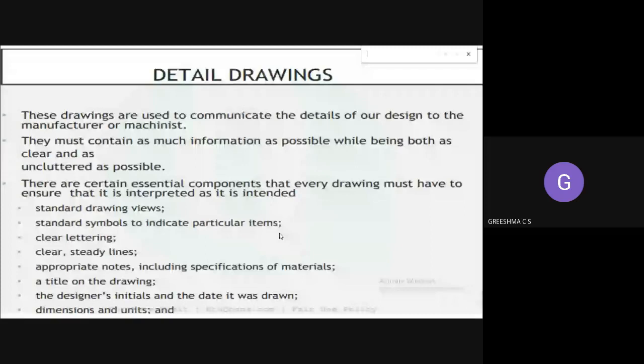It should be clear and legible. You should not write in running letters which are not understandable. It should be clear block letters, with clear and steady lines. You should try to write in clear and steady lines. Appropriate notes should be included in the